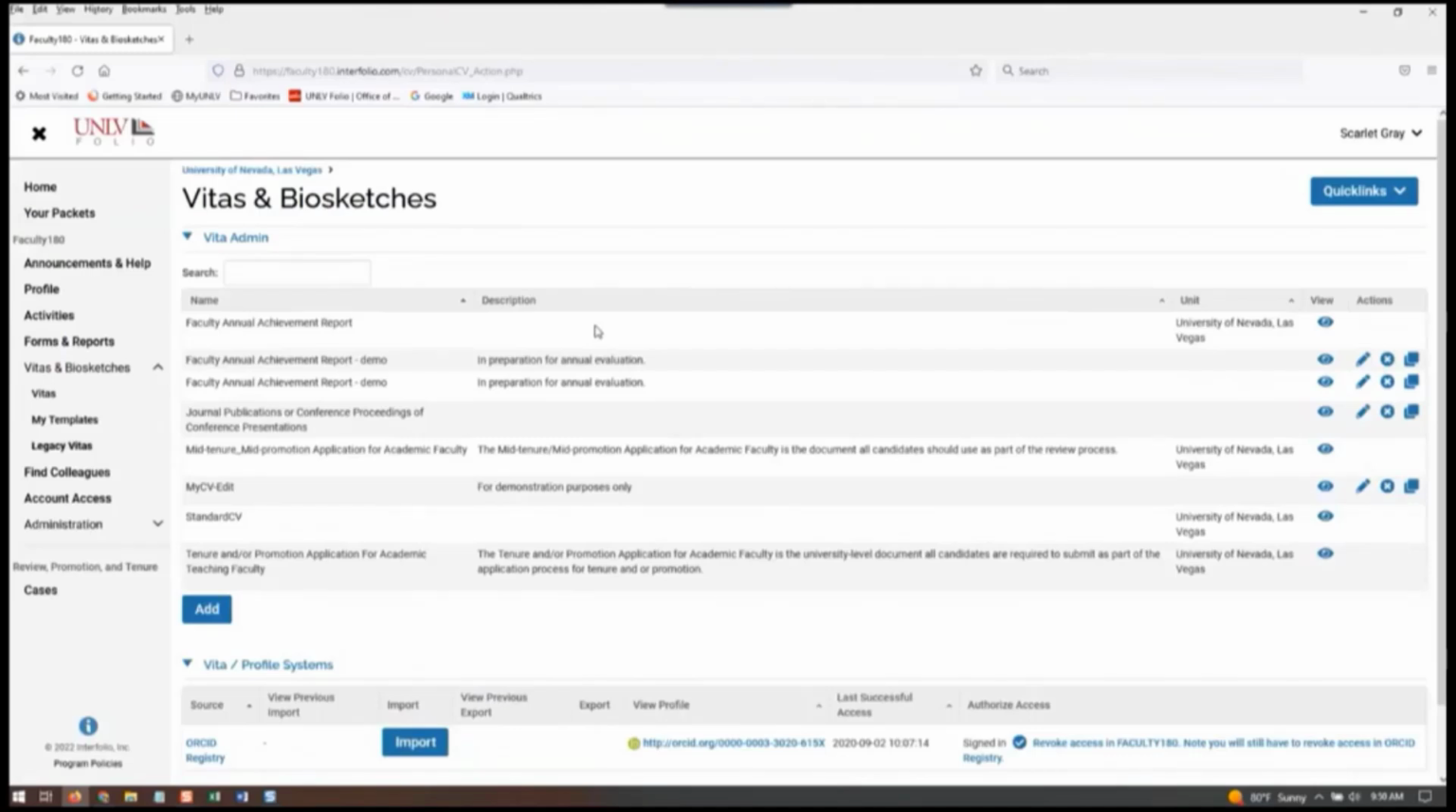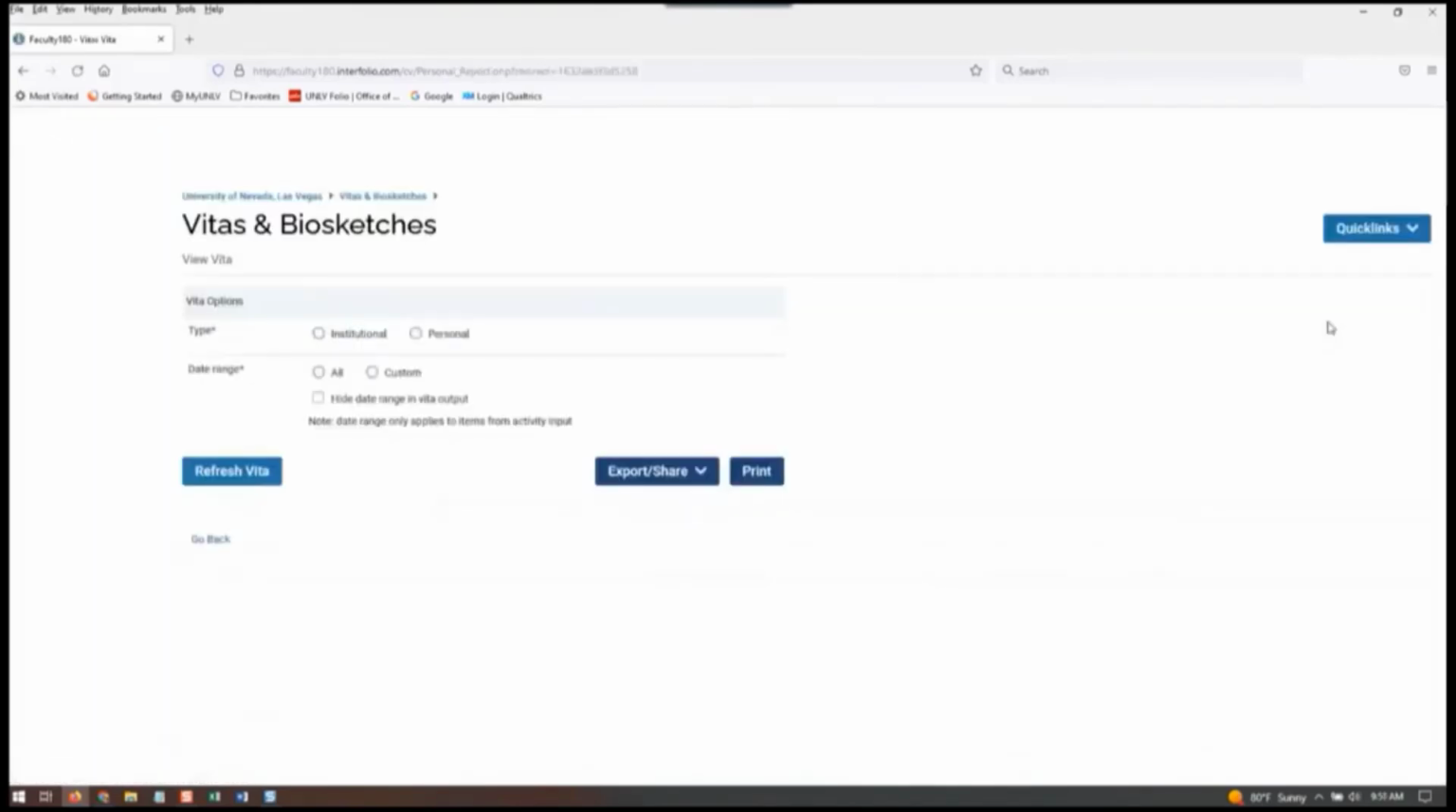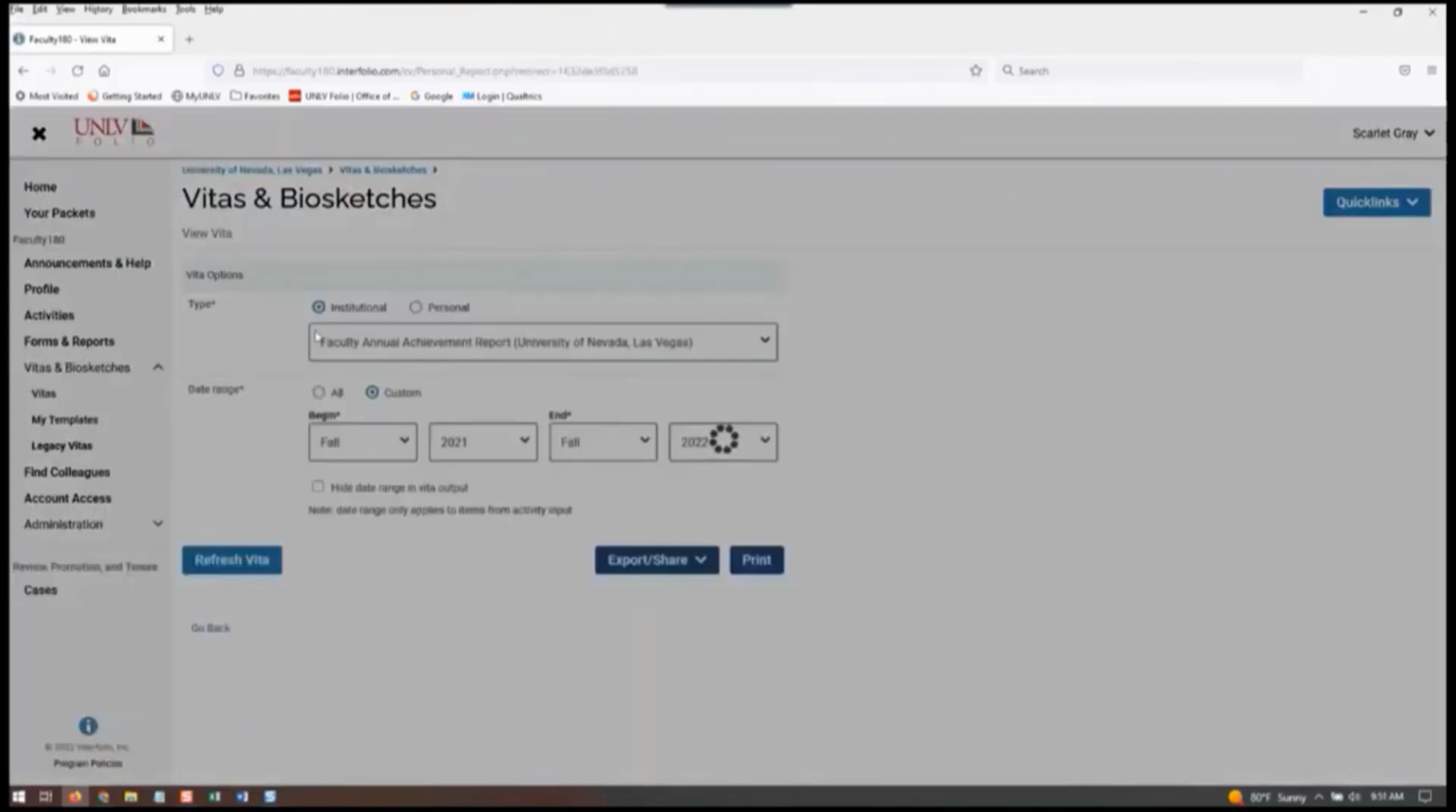So I want you to be able to view this for yourself once you are ready to view your record. Say it's already gone over to RPT, and you want to see what it looks like. Or even before that happens, that might be a good thing to do. You want to view it. And so as an example, let's just do the faculty annual achievement report. So this is an institutional Vita,